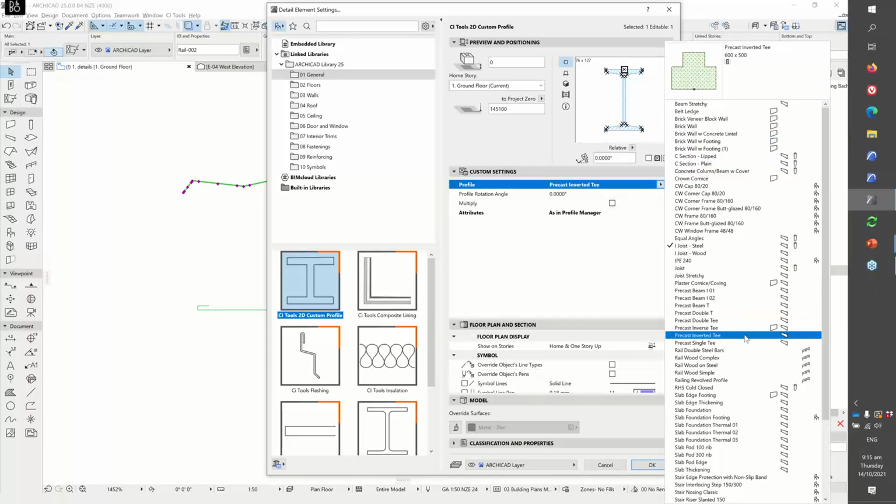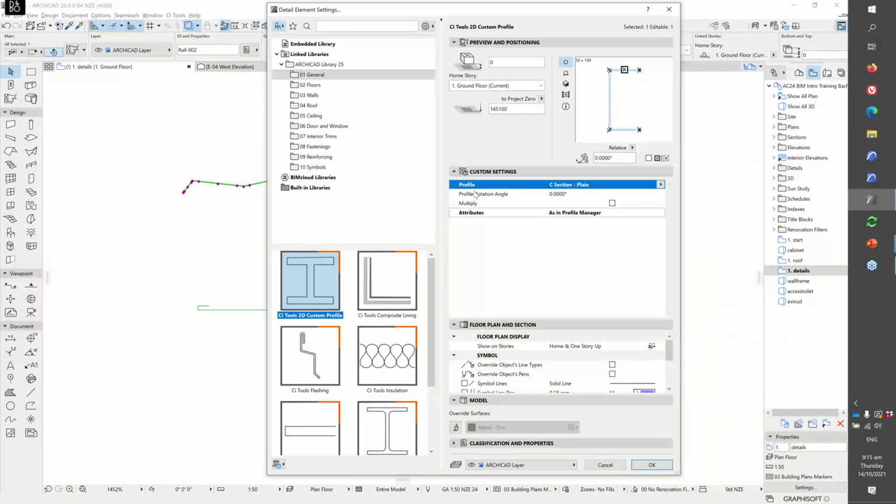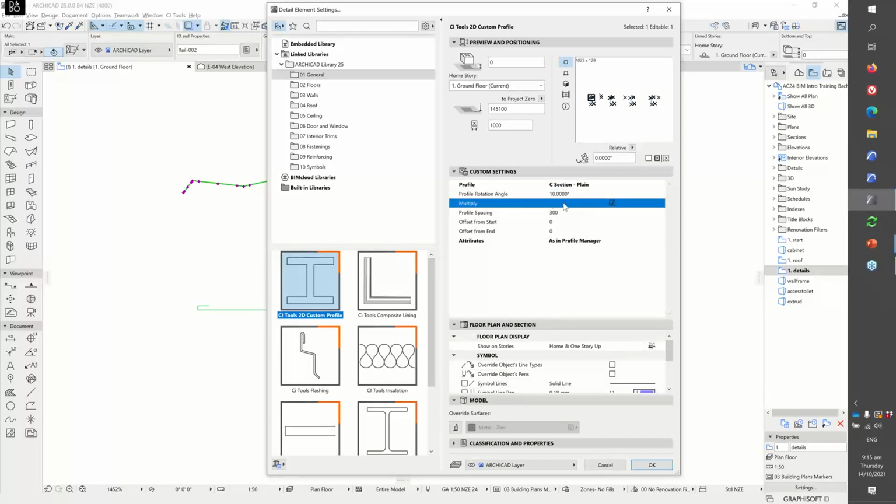It's just loading all the complex profiles that are in your project. Choose the one that you want, and then you can apply a rotation and a multiply to that. So obviously you can just place one of them by itself to get a single custom profile, but you can also quite easily apply a rotation and then a multiplication factor. So we can say here, we want it to multiply, we want the spacing to be 300 and with no